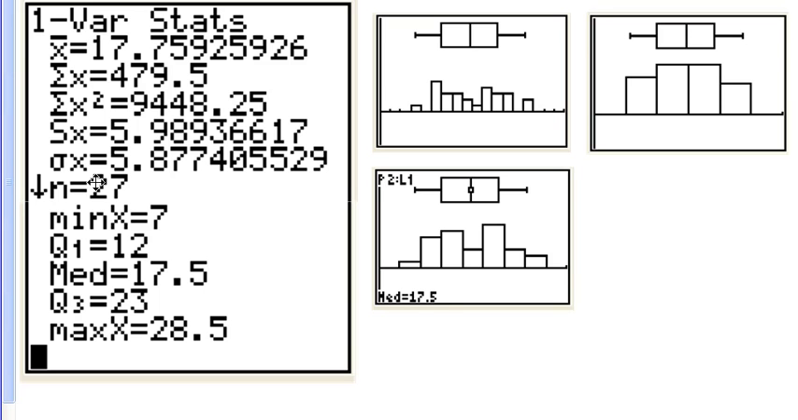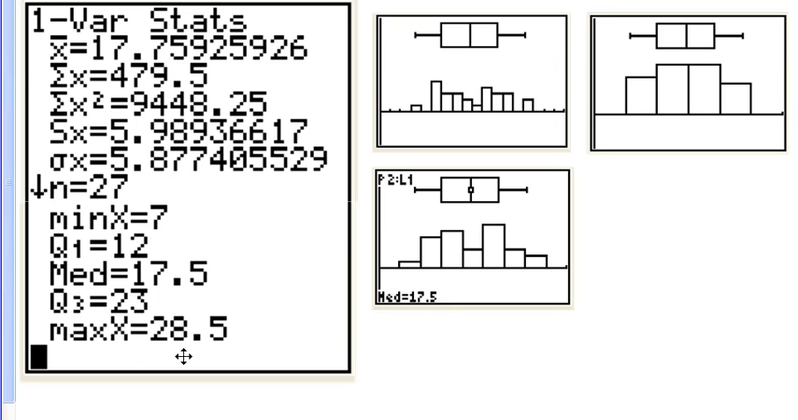So, as you can see, 27 people took the test. The average score out of 32 possible points was 17.75 with a standard deviation of 5.989, so just under 6. And here's my 5 num sum right here. So you're going to get your scores tomorrow. I still got 3 people that need to take the test, so you're not going to get to keep the